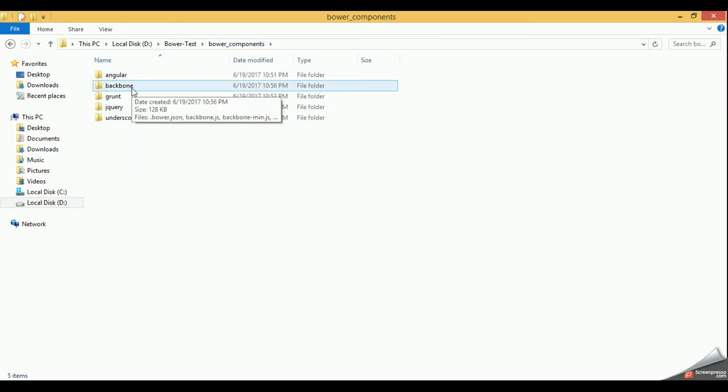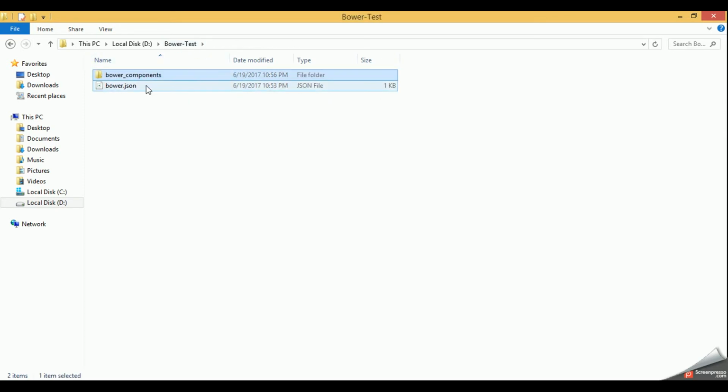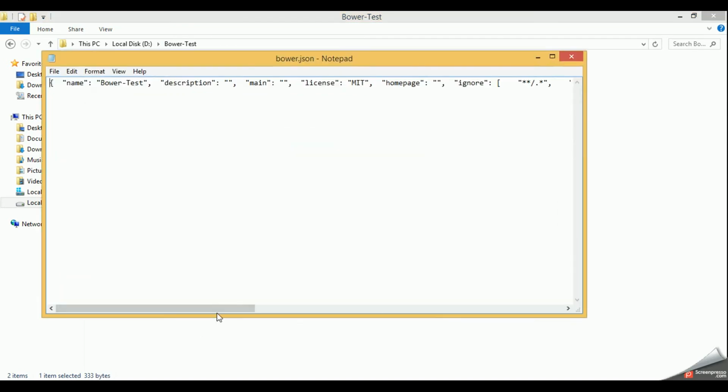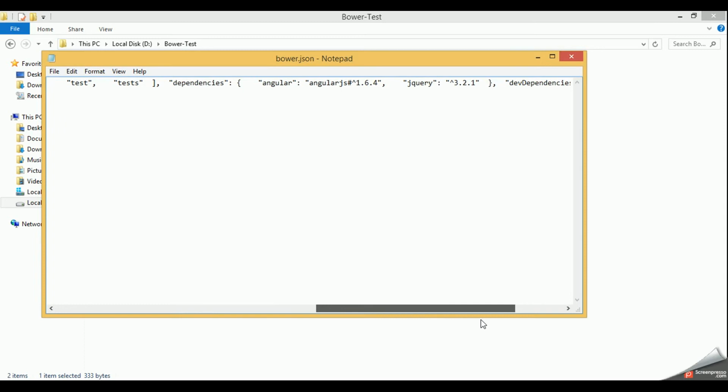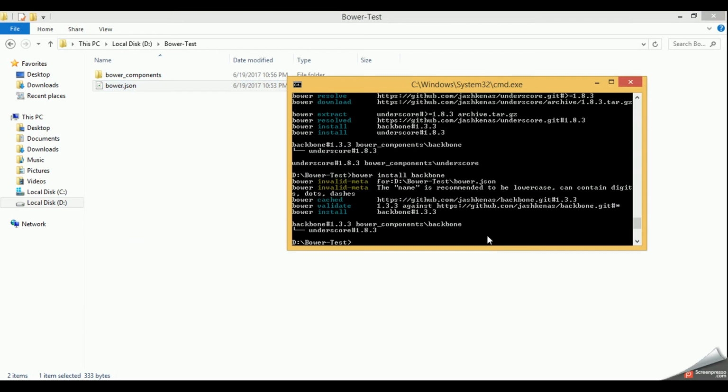Like you can see here we have this backbone library. If you go inside, we have backbone.js and the min.js as well. But if you open the bower.json file, you won't see the backbone dependency here within the dependencies section, nor in dev dependencies. So this is something you have to be very careful about.